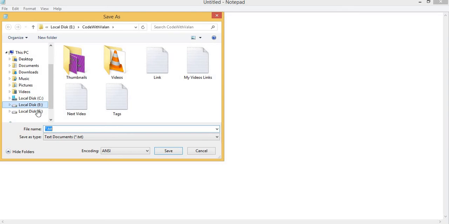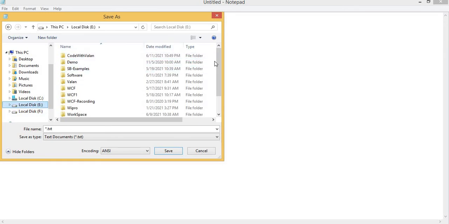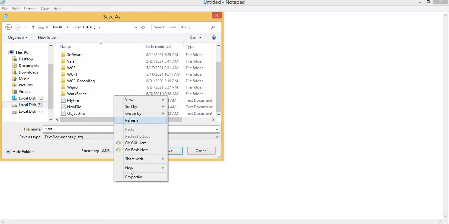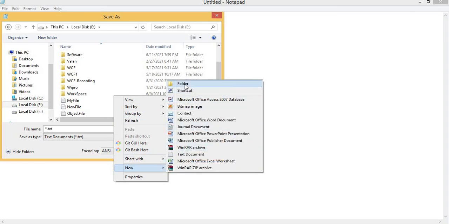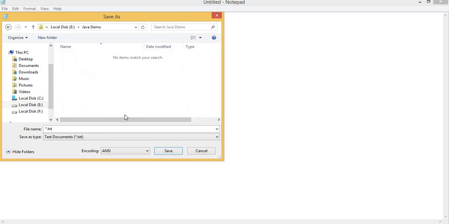For example, let me take E drive, and inside E drive let me create a new folder, let it be Java demo. Inside the Java demo folder, I am going to save this file.